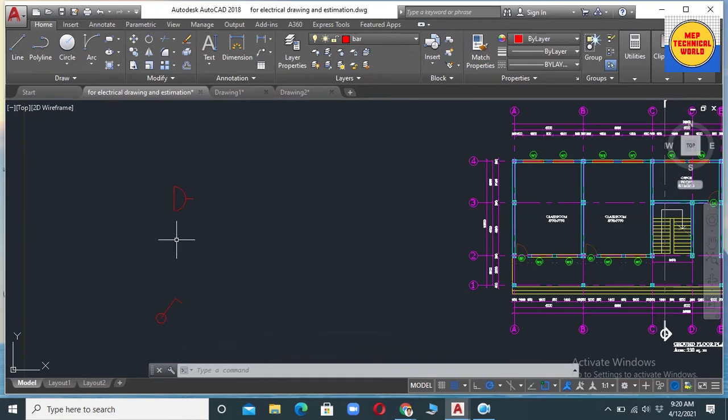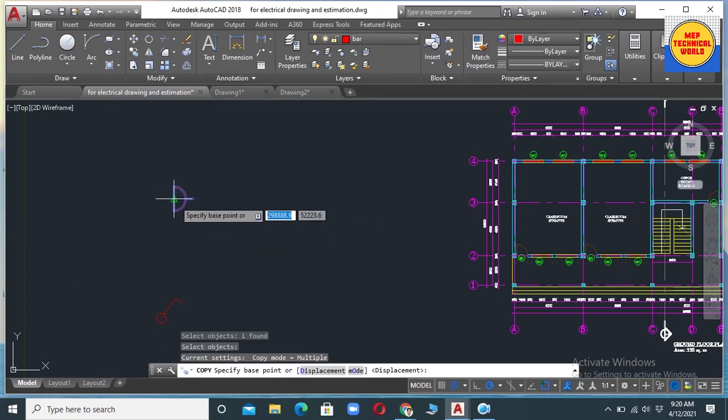Now let's place this power socket in this classroom. So let's use the copy command for that. CO is the shortcut for the copy command. Select it by clicking on it and hit the space button.